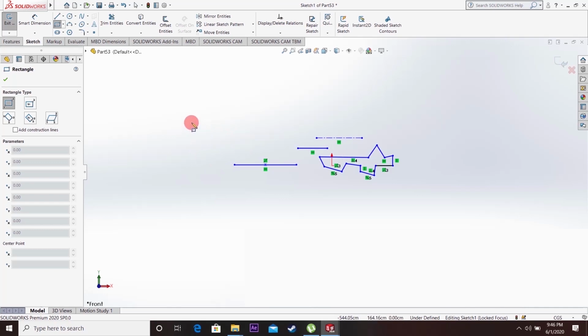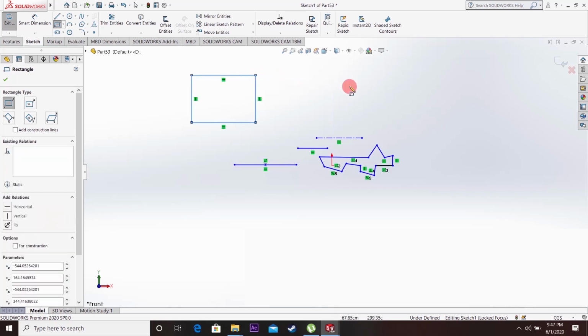Just left click and move your mouse, and wherever you click, it will be the opposite corner of the first point that you have specified. Just like that.